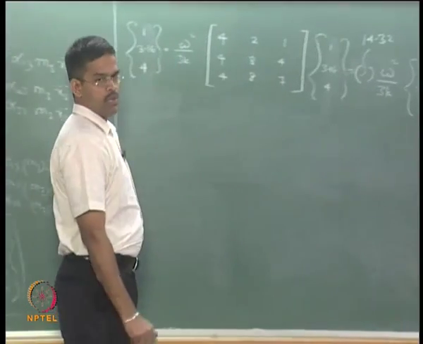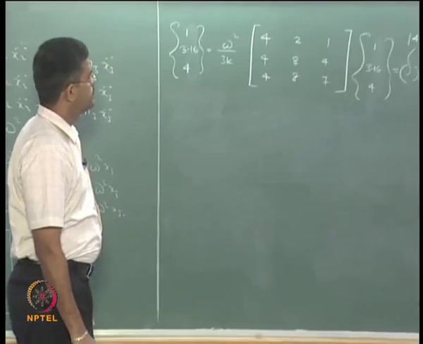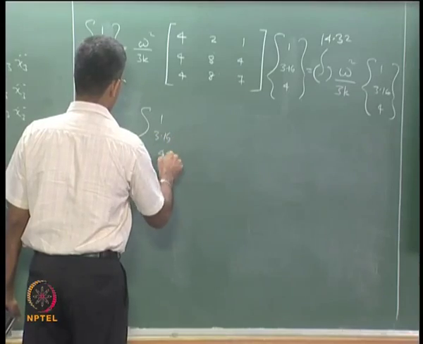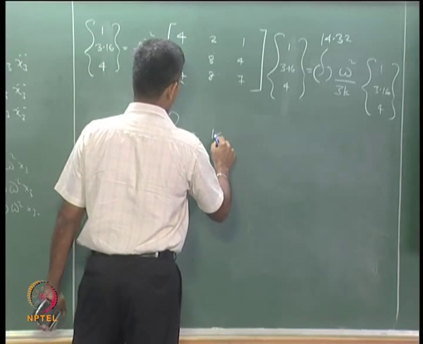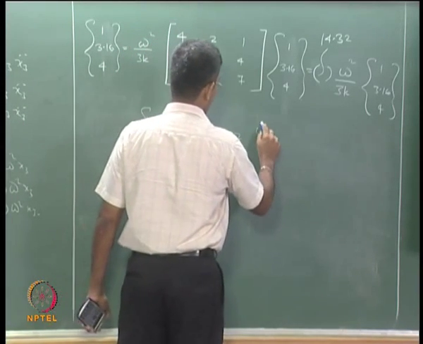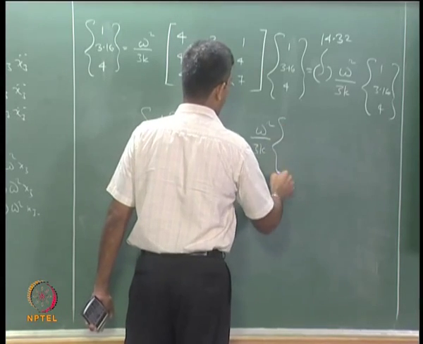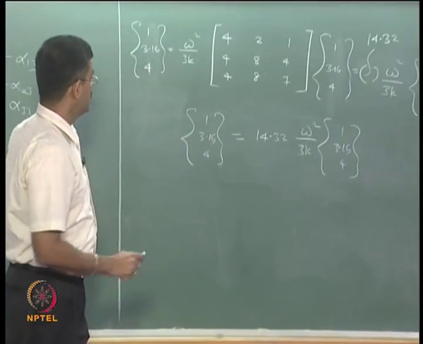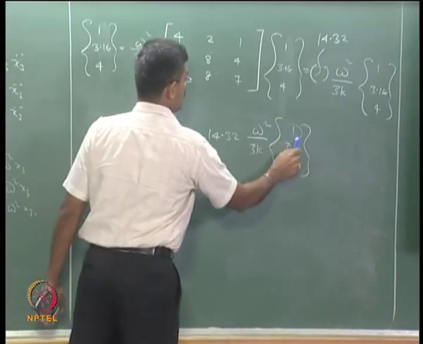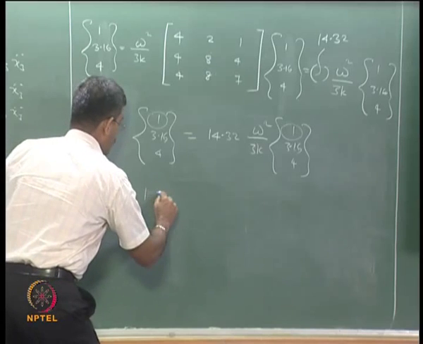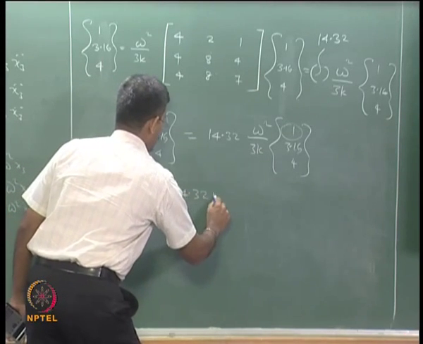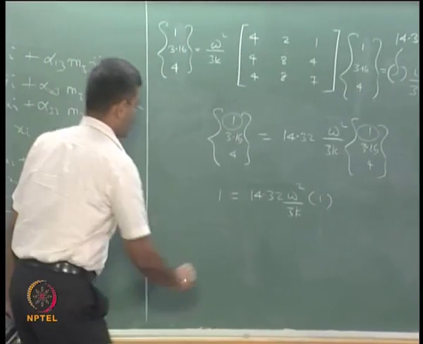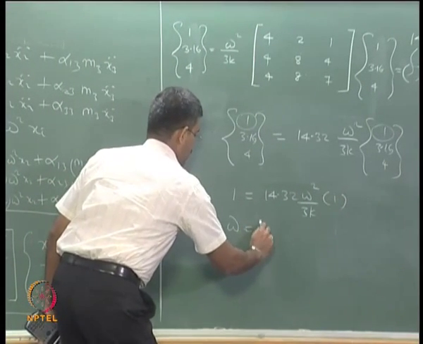So, how to get omega from this? I already know that 1, 3.164 is the same as 14.32 times omega square by 3k of 1, 3.164, that is what I am getting from the iteration scheme, right. So, equate the first row. I can rewrite it separately: 1 is equal to 14.32 omega square by 3k of 1. I can get omega from this as root